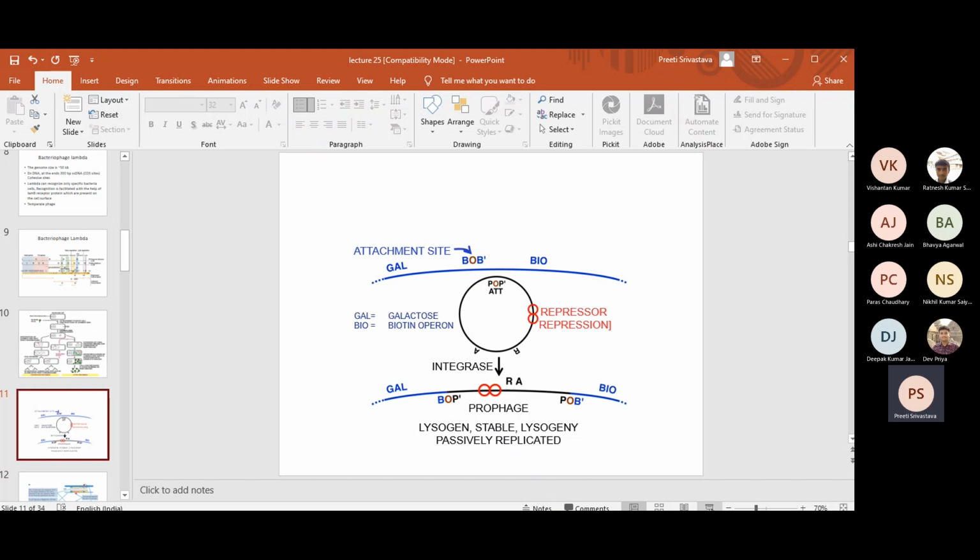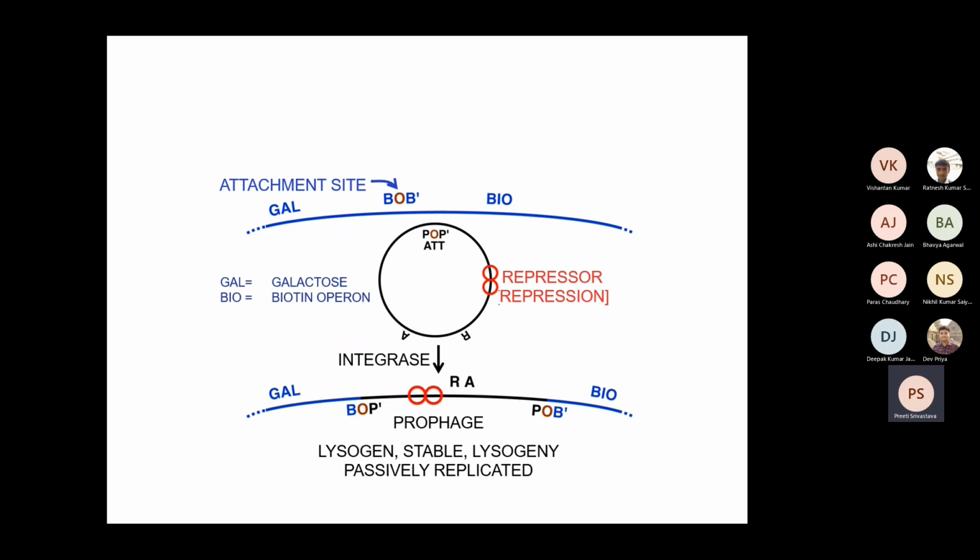Now, let me put it in slideshow and then I'll show you with the cursor how exactly recombination takes place. So recombination will take place at the att site, right? Because this O and this O are common. This 15 base pair O sequence is exactly the same, both the sequences are the same, and that is why it is called the att site. I'll show you in a second the sequence of that att site.